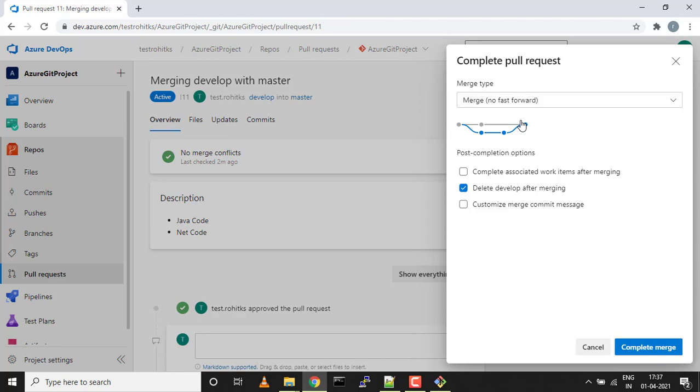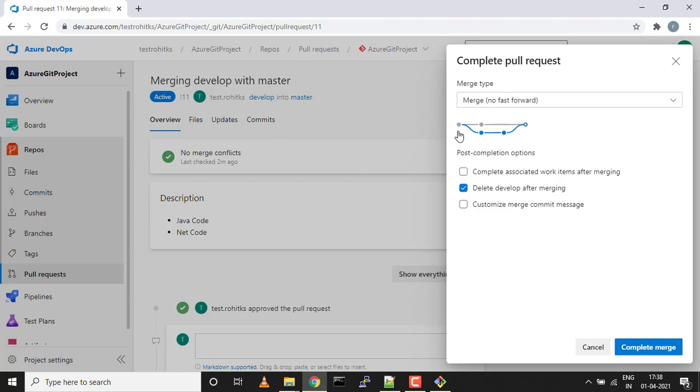Merge commit is the default integration strategy in Azure Repos. By default, developers prefer doing a merge commit. How is this strategy helpful? This strategy will safeguard all the commits and it will have a non-linear commit base.